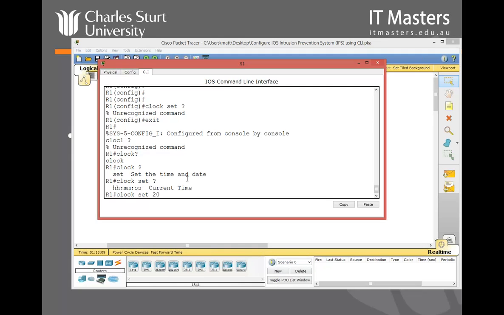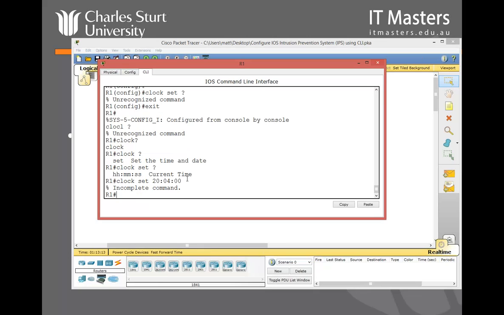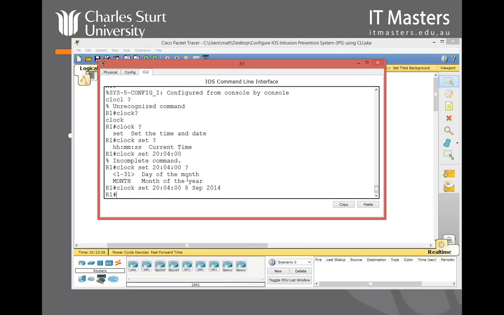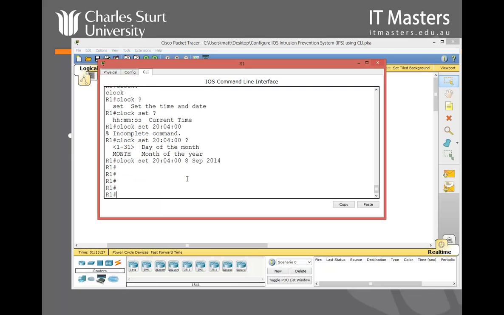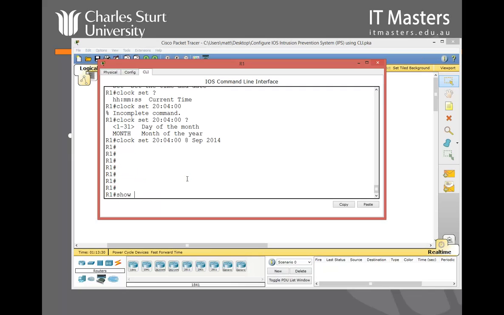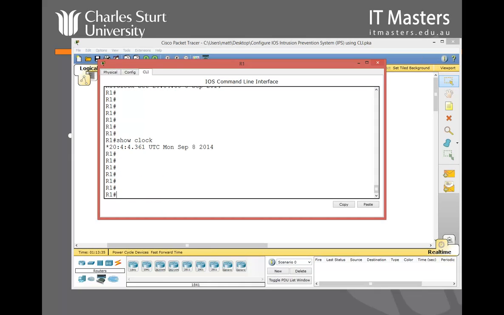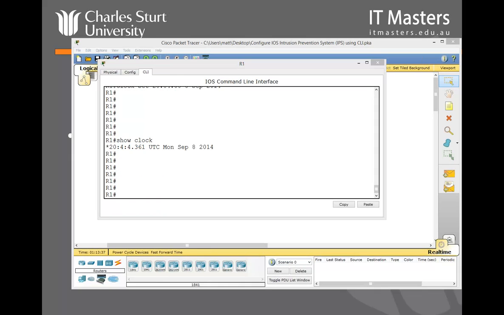It's 20:04:00. Oh, of course. And what's the date, everyone? It is the 8th of September, September 2014. Okay, so there's our clock set. So if we go show clock, thankfully it's good. We're set at UTC, but anyway, we'll move it on. That's fine. So then the next step is we need to